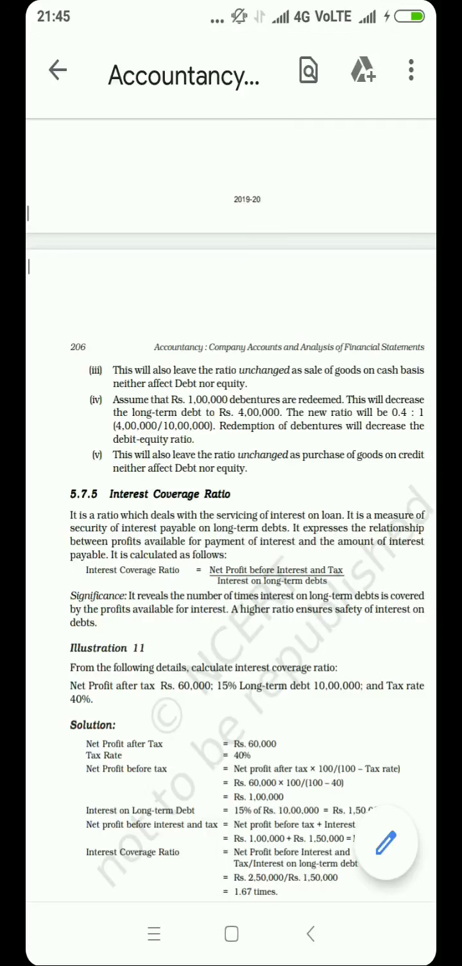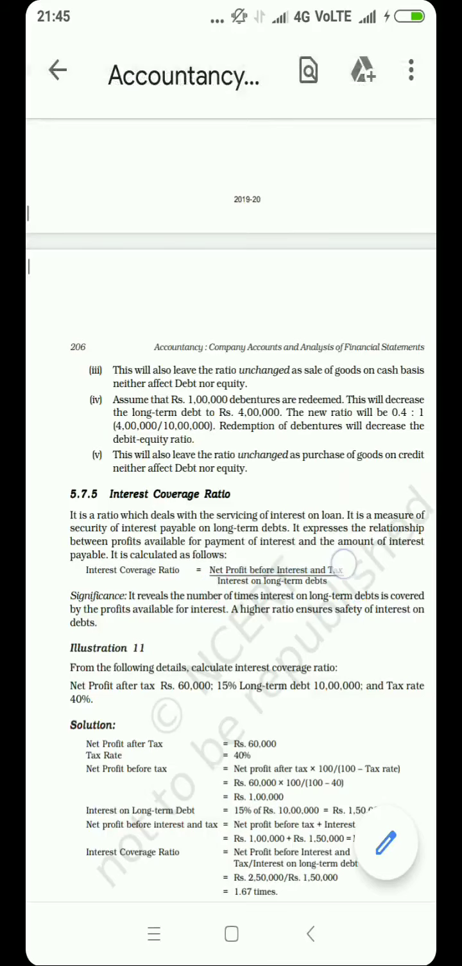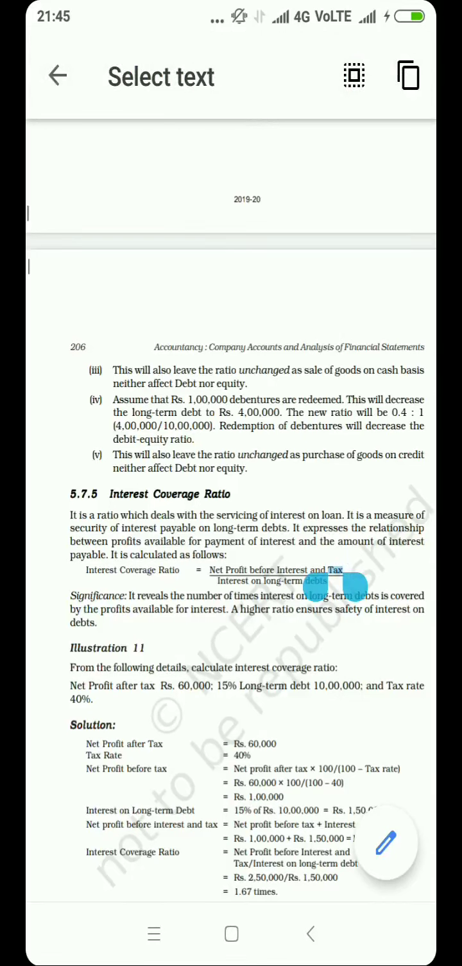So how to arrive at net profit before interest and tax? Sometimes in the question it will be given. If it is not given in the question, then you will be given with the net profit of the firm. From the net profit, first you have to subtract tax. Once you have subtracted tax, you will get net profit before interest. Profit before, sorry children, you will get profit before